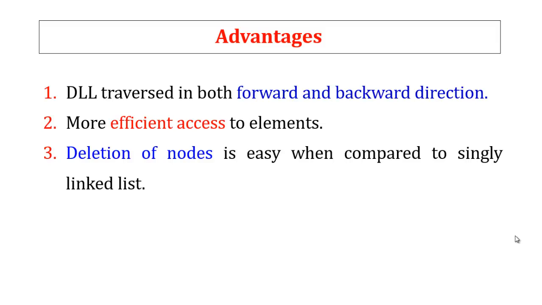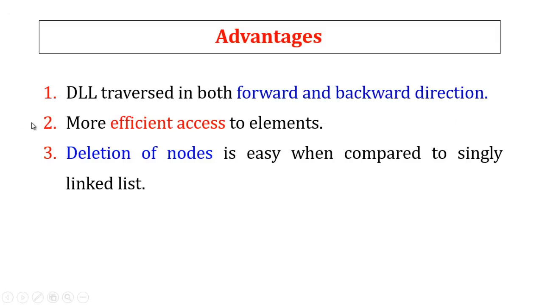Okay, what are the advantages of a doubly linked list compared with a singly linked list? In a doubly linked list, we can traverse in both forward and backward direction, but in a singly linked list we can travel only in one direction. The first node moves to the next pointer of the second node, and this goes on. It never goes backward to the previous node. That is the only drawback in the singly linked list. But a doubly linked list can travel in the forward direction as well as the backward direction. Easily we can search a certain element present in the given list.